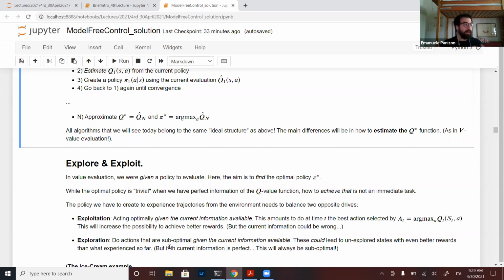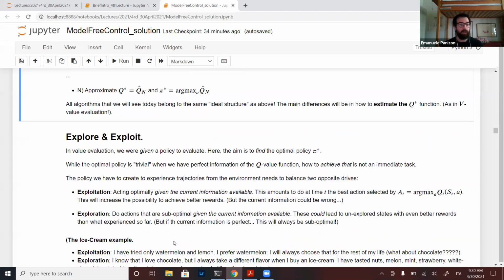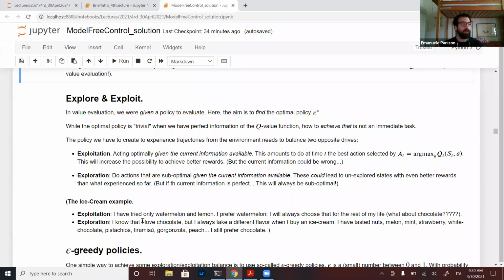Of course, if you already had perfect information, all you do with exploration is waste time. There is a very simple way to understand this with ice creams, and it's exploitation.